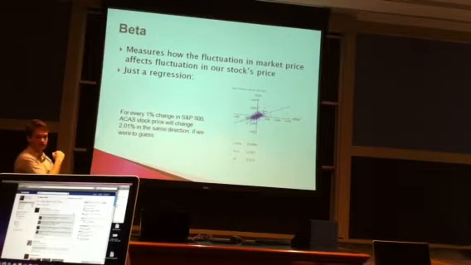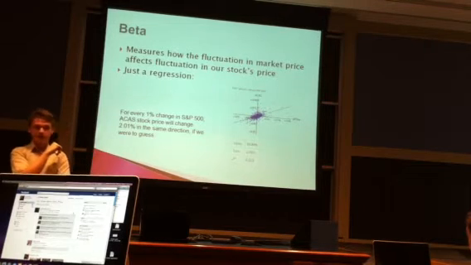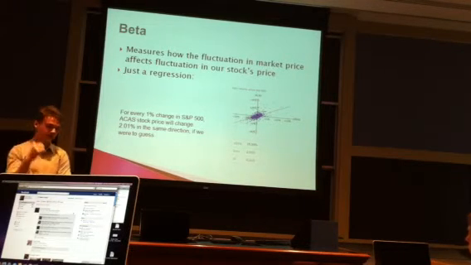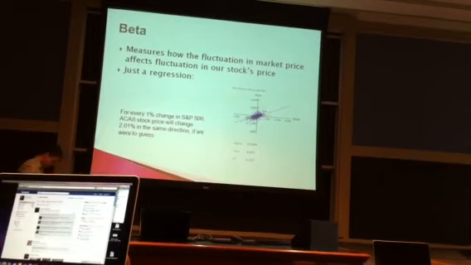Wait, what's alpha? Okay, alpha. Alpha is the intercept when you regress it. So basically, alpha is how much the stock generates just above the market as a whole. So if you think about it,